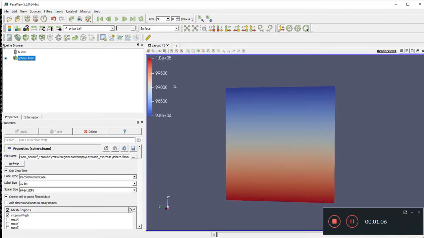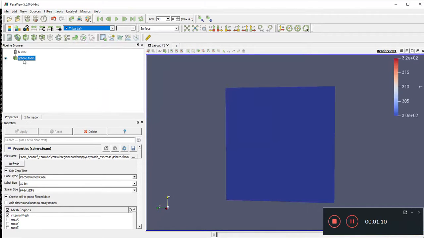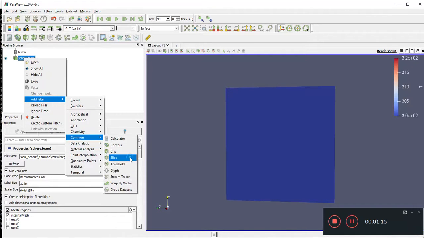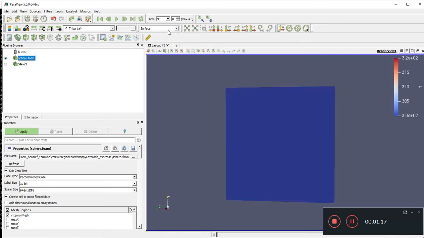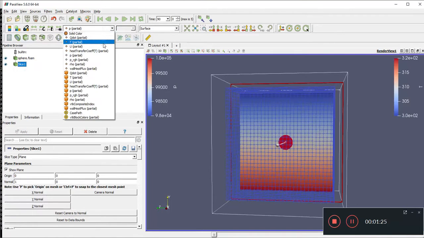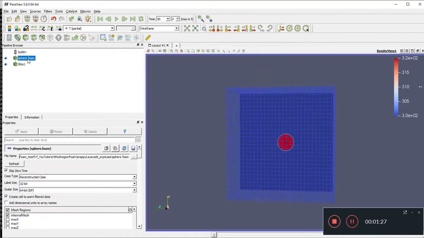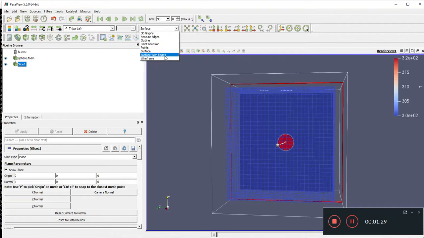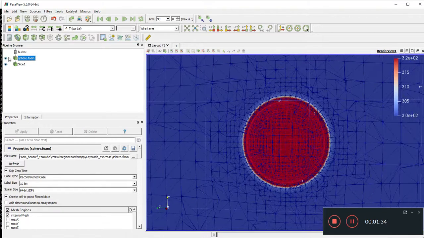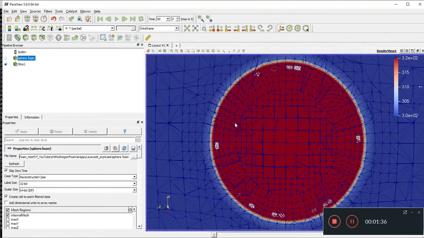So we have the temperature. I'm going to use a slice plot. Okay, wireframe. The slice plot should show temperature. And let's use surface with edges so that we can see the plot properly. So okay, this was the